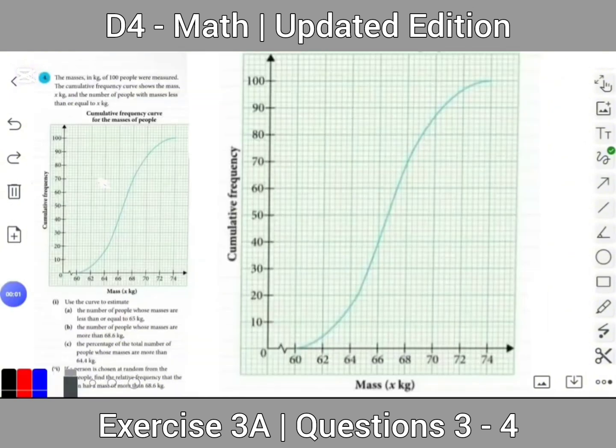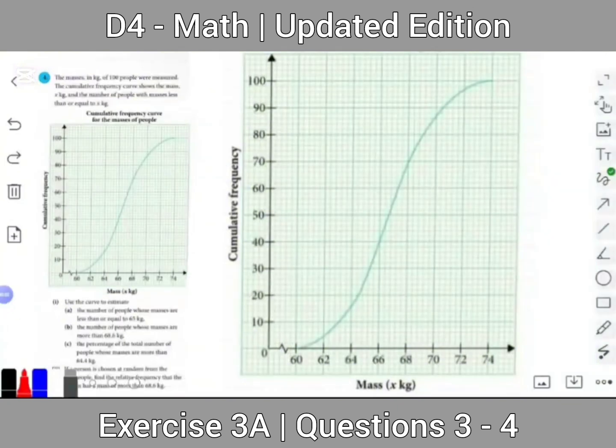Question 4. The masses in kg of 100 people were measured. The cumulative frequency curve shows the mass x kg and the number of people with mass less than or equal to x kg. So in part 1, use the curve to estimate the number of people whose masses are less than or equal to 65 kg. Now to find out the number of people whose masses are less than or equal to 65 kg,